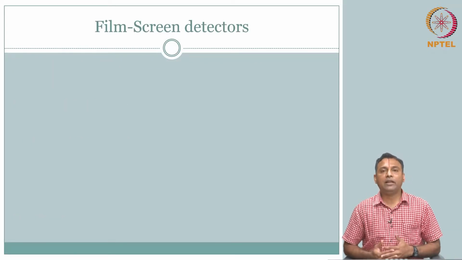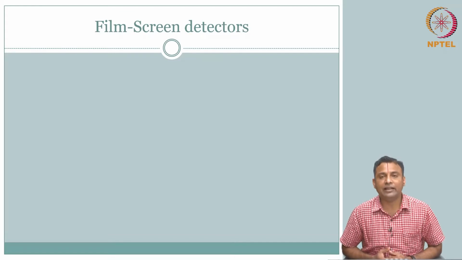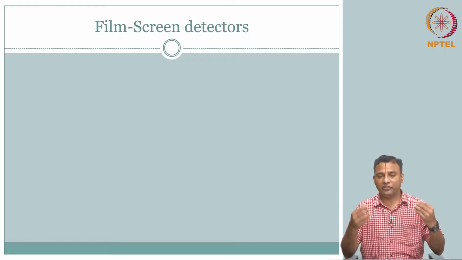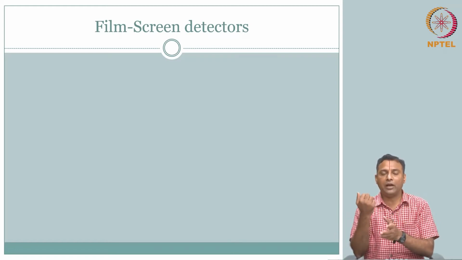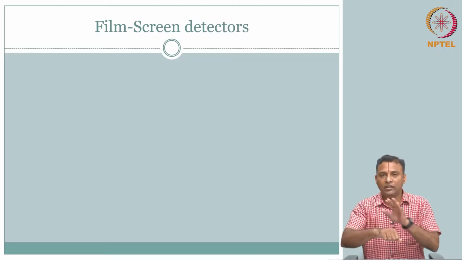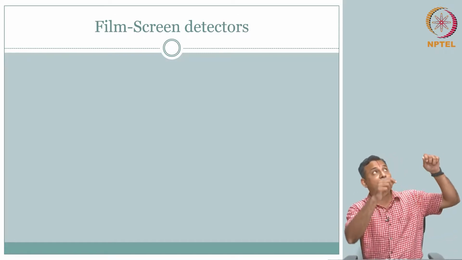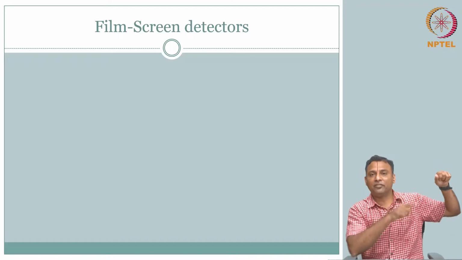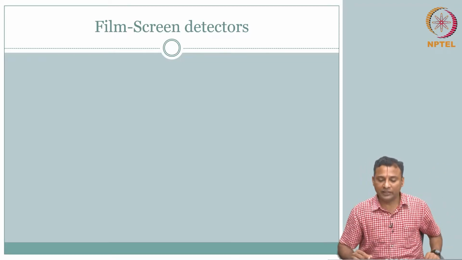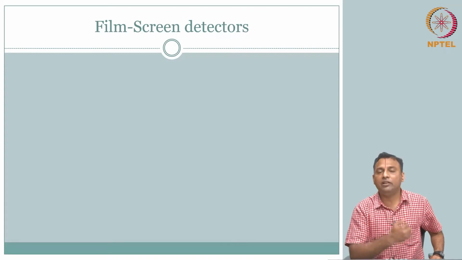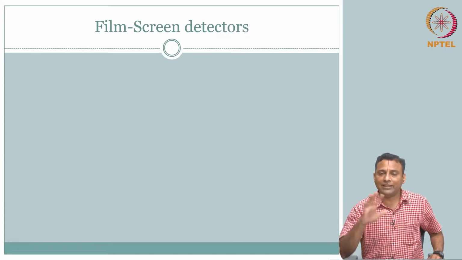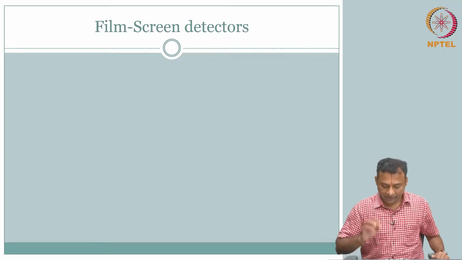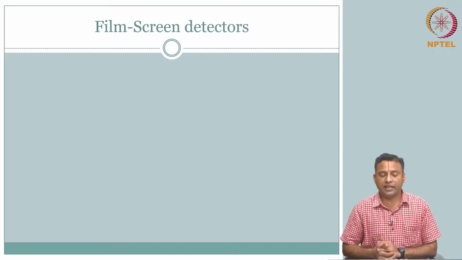Okay, so what we typically cover here is film screen detectors. This is something that you have already seen. It is the same thing: when you have a suspected bone fracture, you go and take an X-ray, and the radiologist keeps it in front of white light, and you see whether there is a fracture or not. So that's the film screen. We will talk about film screen detectors now, but we will have a separate module on digital detectors. So for now we will concentrate on the film screen.